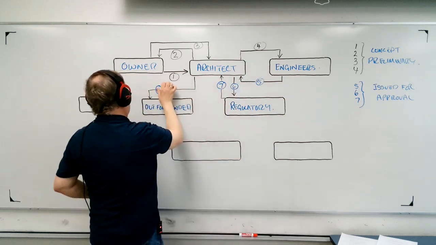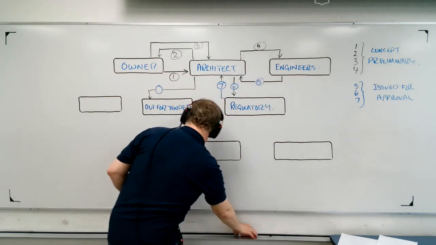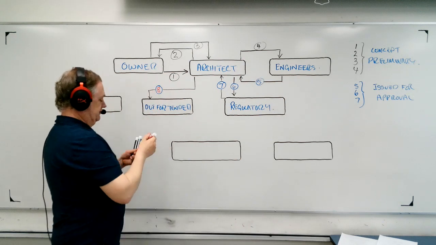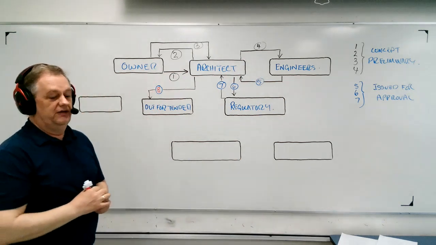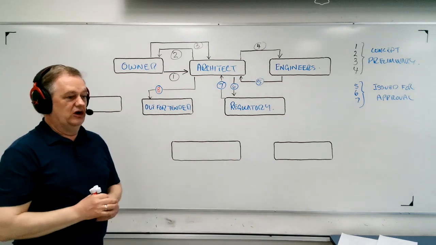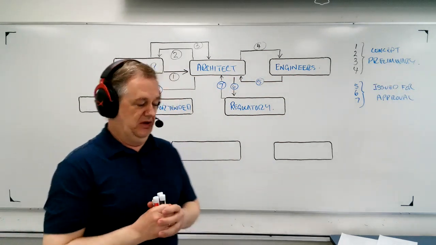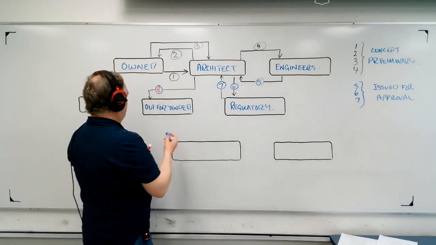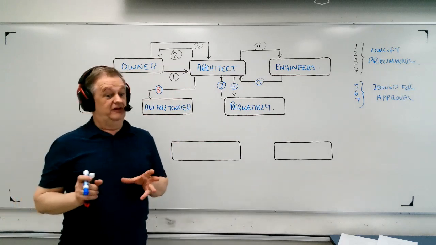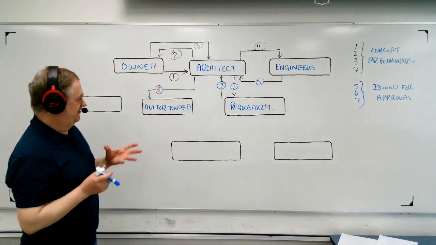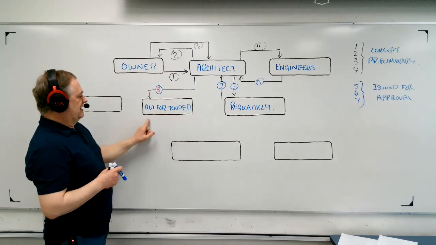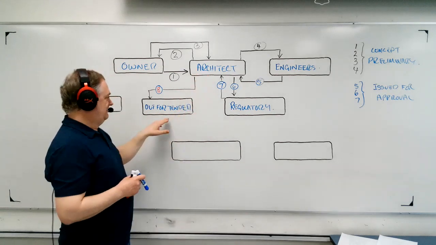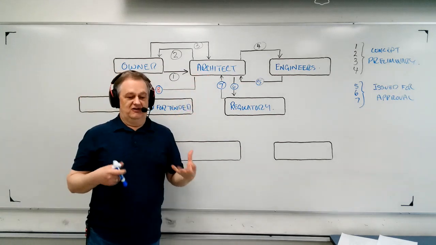Now, when we come to 8, I'm going to change the color. 8 is a new, we're going to have a new name here now. And this is called issued for tender. In other words, we want bidders who are going to give us a price. So what happens, now this is an interesting step, and you really got to understand this one. This is tricky. This is a very complicated process in some ways, because these guys, first of all, have to be pre-qualified. So the architect is not going to send this to somebody who doesn't have connections in industry,